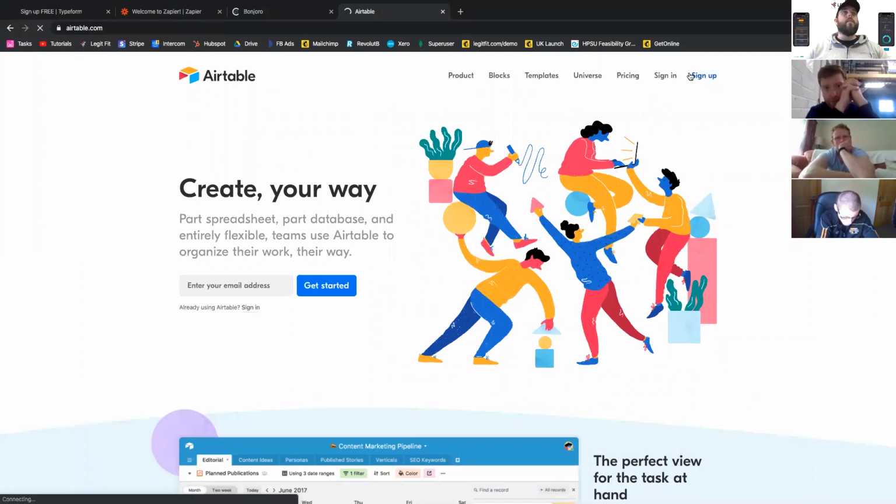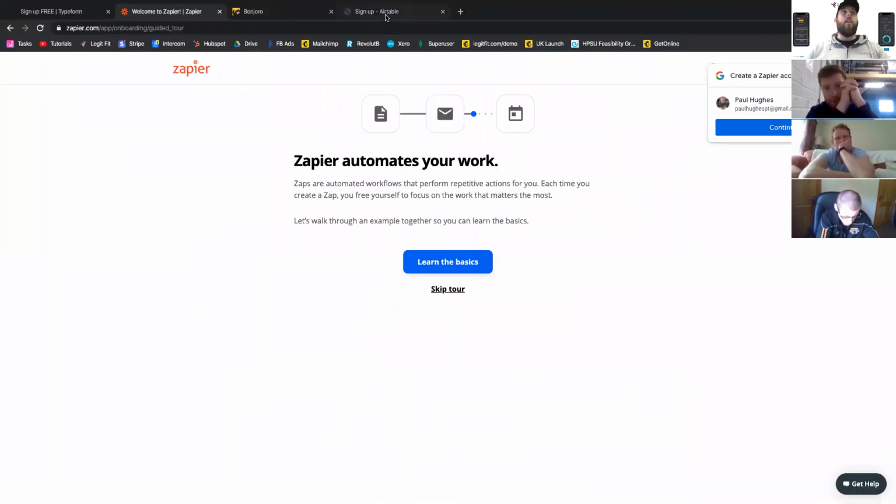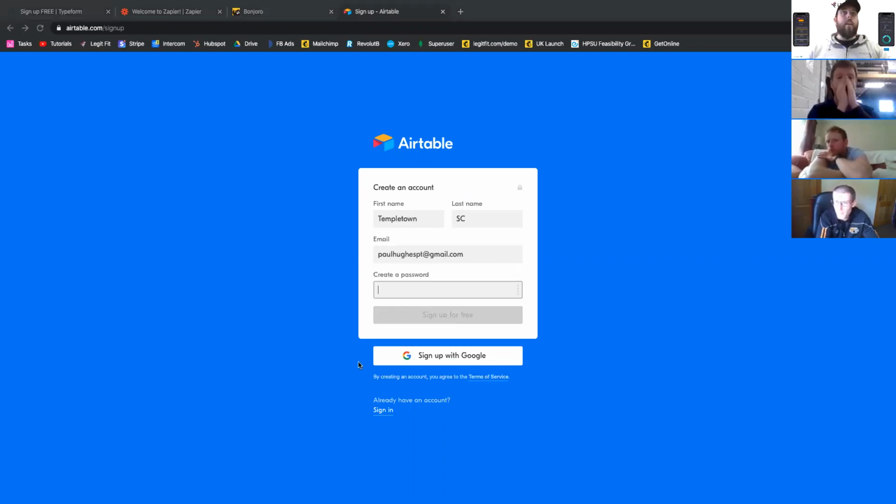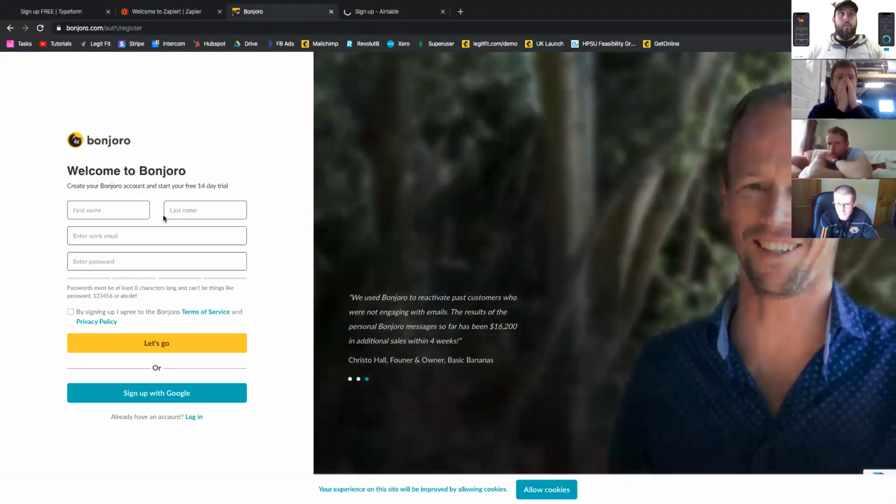And Airtable. Thank God they are all free because there are a lot of them to get up and running. Okay, so we're going to go, let's see. So everything that I'm going to be setting up here, Paul, will all have the same email and the same password. Okay, so again,